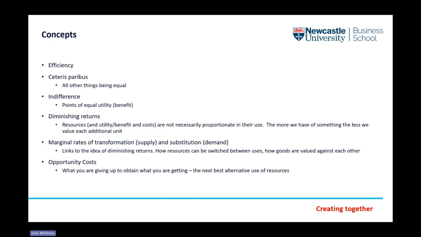So the next thing to always bear in mind when you're thinking about economics, or reading economic papers, is the concept of ceteris paribus. So that's this idea that all other things being equal. So setting all other things equal, if we change one thing, what do we expect to happen? Or what can we predict will happen? Or what can we understand about behavior if we change that one thing? Now, in some ways, this seems like a restrictive assumption because obviously everything doesn't stay equal. But when it comes to evaluation, that's exactly what we're trying to do. We're trying to set everything up as being equal, apart from the intervention that we're changing.